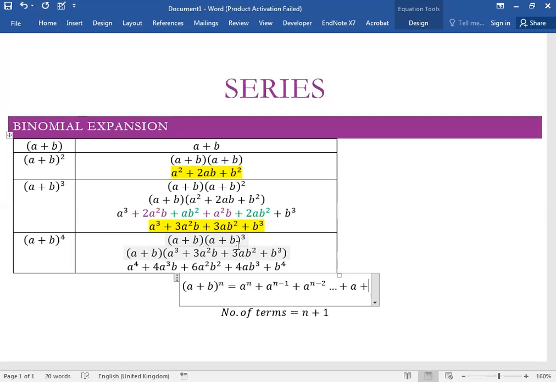You don't know the value of n. Yes, you're right, you don't know the value of n. Obviously, we're just trying to generalize it. Now, n can take any positive integer value, right? Okay, the next thing that we observe is